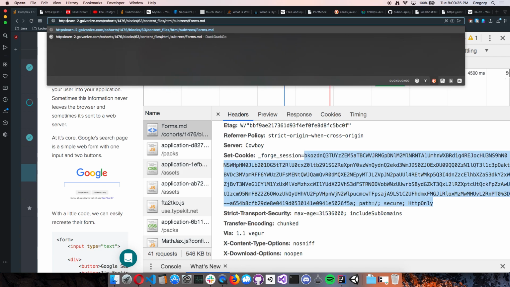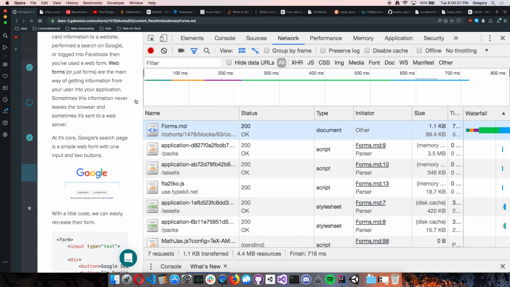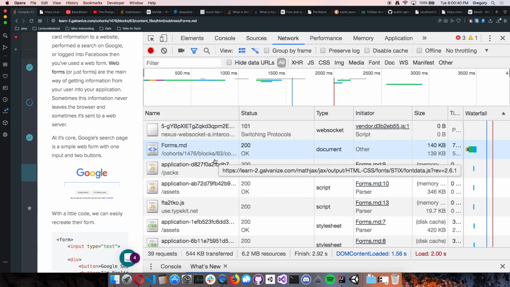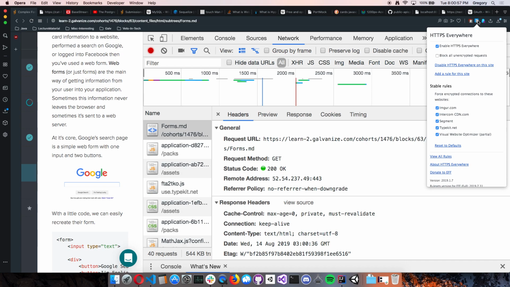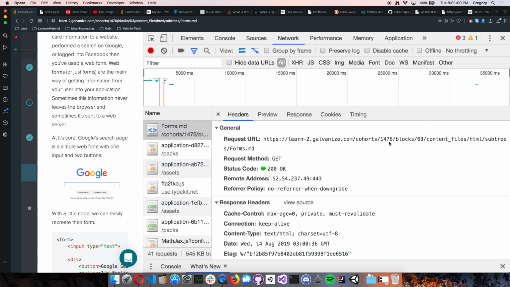Let's try to do HTTPS. Still works. Cool. Now the question is if it's actually HTTPS. It is. Cool. So if this server didn't support HTTPS, this would actually error out. So that's why I have this browser extension up here, HTTPS Everywhere. It forces your browser to try HTTPS first because it's safer and it's a secure network where you do a